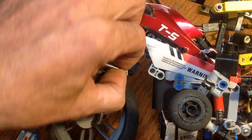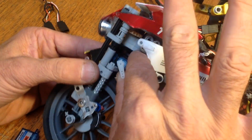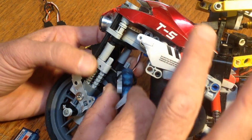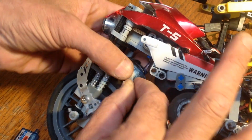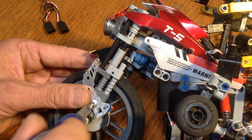Let me pull this open here. So this just comes right off, and it's just zip tied right on there, and that's just barely secure enough. It works great. And then there's this piece here,